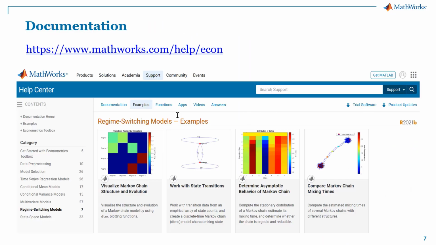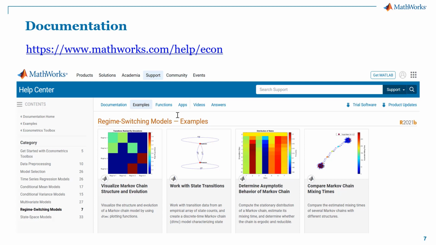So, to conclude, let me just mention that this live script is available together with these PowerPoint slides in this presentation. And you can make use of it to remind yourself of the different steps for building these switching models.